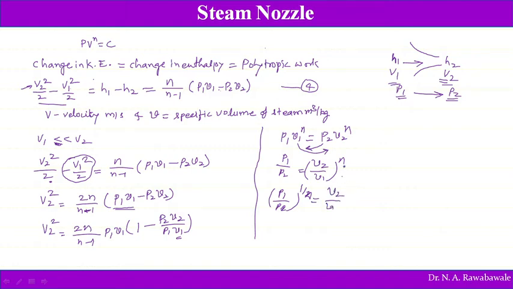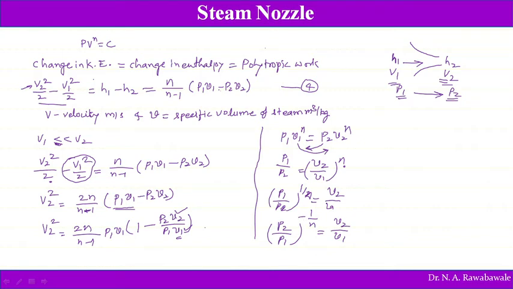So this n is transferred to the left hand side. Here P1 by P2 is written, so if we want to reverse this, we can write P2 divided by P1 to the power of, it was 1 by n, now its negative power minus 1 by n, which is equal to V2 divided by V1. So V2 divided by V1 is what we were expecting here. In place of V2 divided by V1, we can write P2 divided by P1 to the power of minus 1 by n.